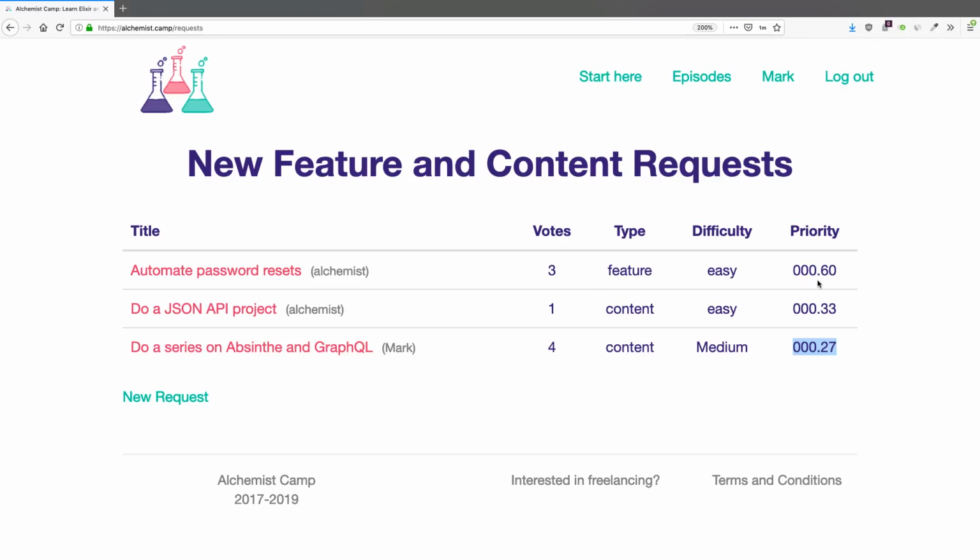I've set up this section of the site for a couple of reasons. First is I want to have the feedback and requests I'm getting for the site organized a bit better. Right now, people are sending me messages on Twitter, and they're emailing me, and they're commenting under YouTube videos. And in the future, I'm going to mostly just go by whatever's on this page. The second goal that I have with this is to just not have to spend as much time deciding what to work on, because I don't have that much time to spend on Alchemist Camp, and the more efficiently I can use that, the better for everybody.